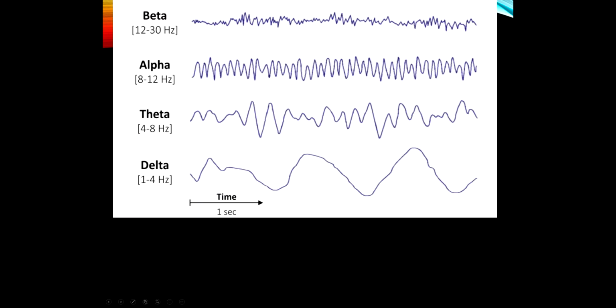So here's an example, alpha rhythm. This is what we see during wakefulness. You can see this is slower. So someone is now into stage 1, stage 2 sleep, stage 3 and 4. We see the delta, very slow brainwave activity.